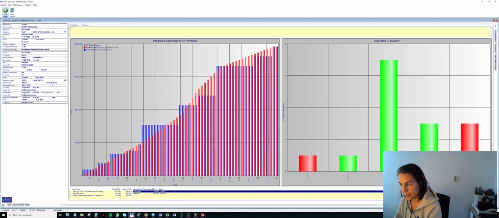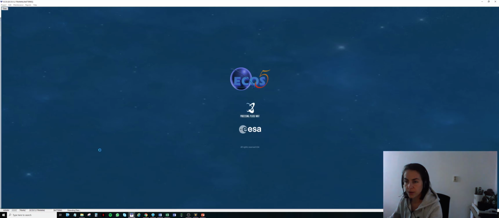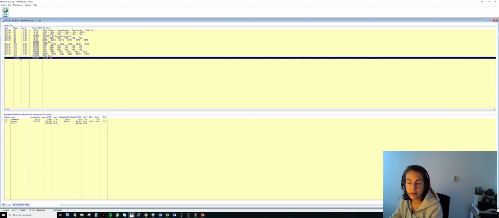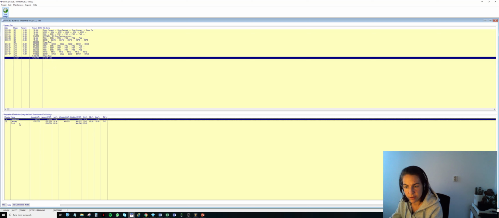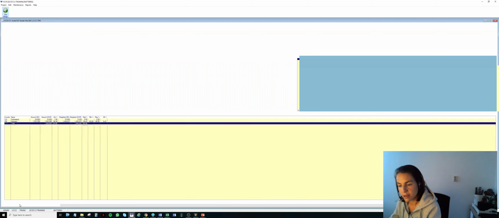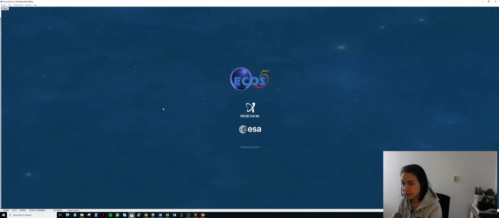So what we can do with this file is go on the extra tab, and you can have a look here at the payment plan, the overall price of your tender, and your geographical distribution. Here you can simply verify the information and see if what you've entered is correct. Afterwards you can click on the Subcontractors tab,